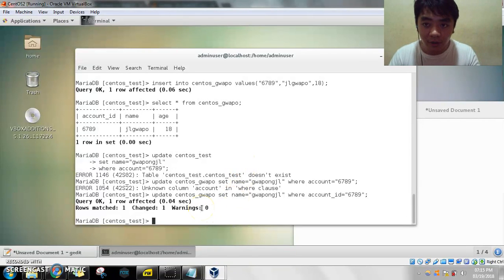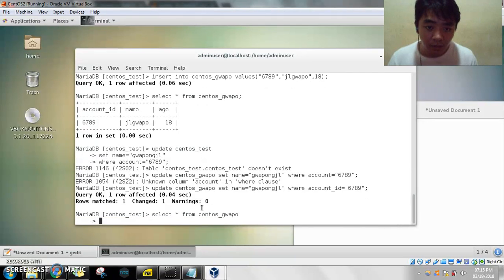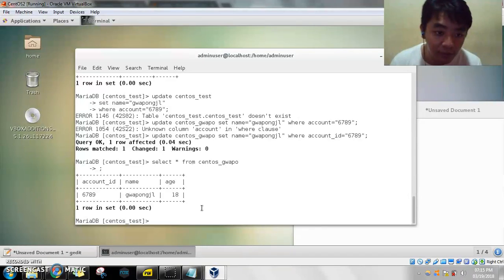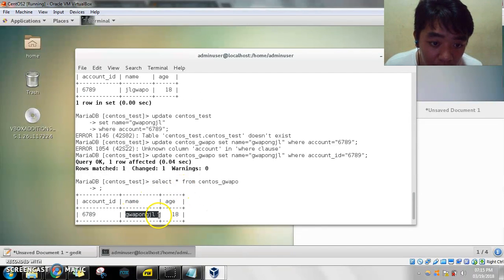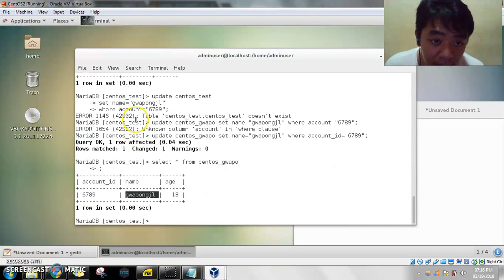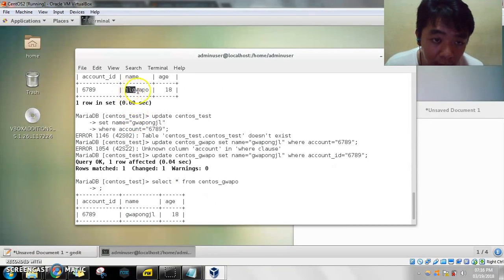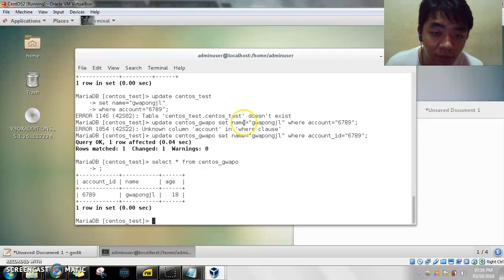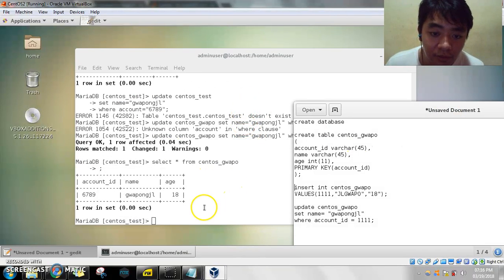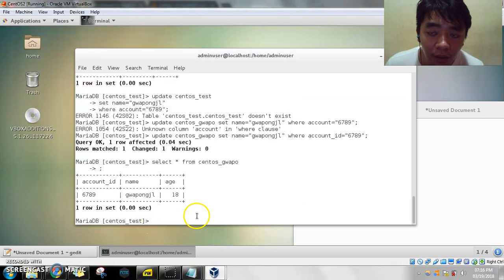Again, we're going to show if the table has been updated. Select from CentOS Guapo. Semicolon, don't forget. As you can see, the name is now Guapong JL instead of the first one, which is JL Guapo. So you can verify that it's there. So pretty much all queries